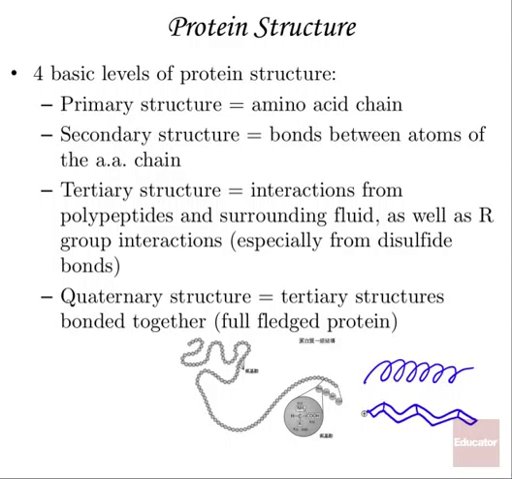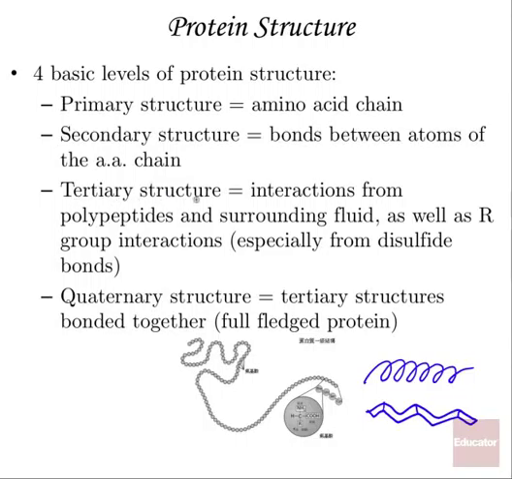That's how you get the secondary structures. So you get a lot of different kinds of shaped proteins, different protein functions, by having different combinations of helices and beta pleated sheets. Sometimes these are called alpha helices. The point is that bonds between the different parts of these secondary structures is how you get from primary to